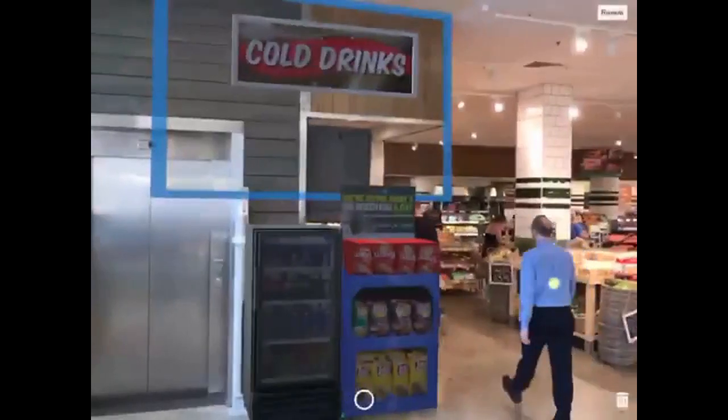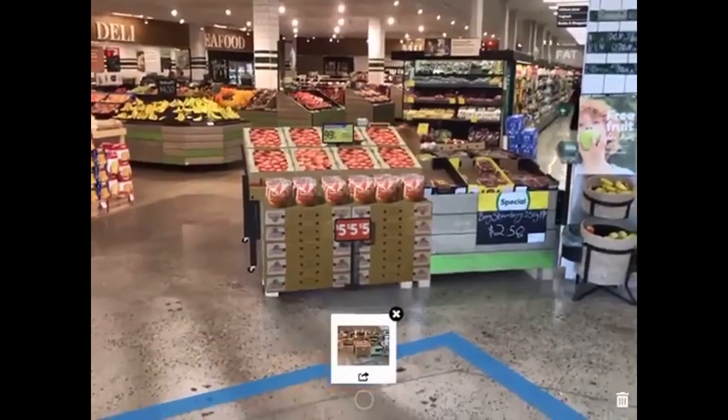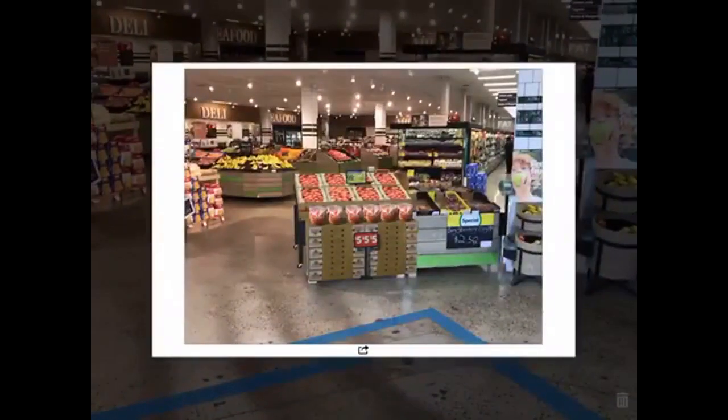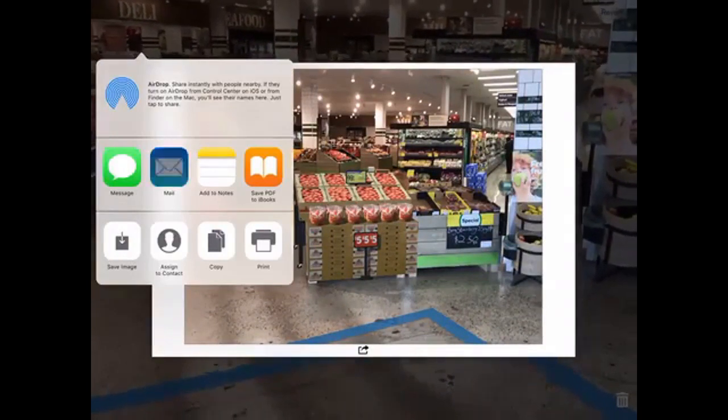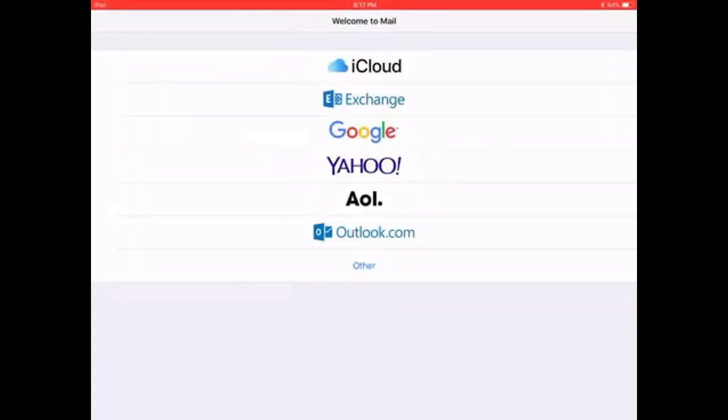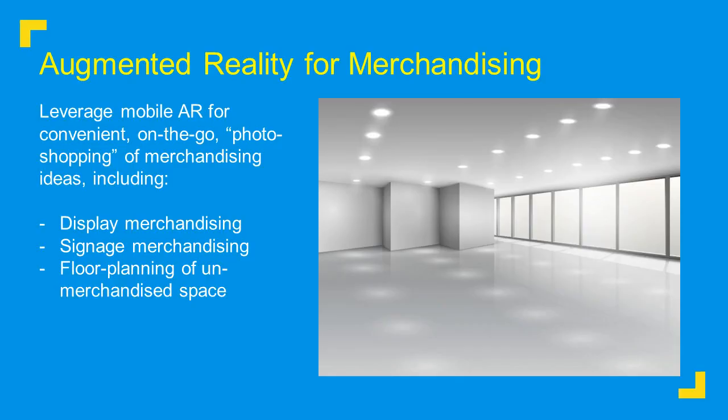As you can see, someone's actually in the store. This is all happening real time. I can then take a screenshot with this, and now I can send it to my boss. I can send it to my provider. I can send it to other people on the team to show, hey, that idea you had actually fits well in the local store XYZ, right? And you can now have an immediate conversation about the value of ideated content in a retail environment. So that's essentially locking the premise of the value we see that we're experimenting with right now as it applies to augmented reality.